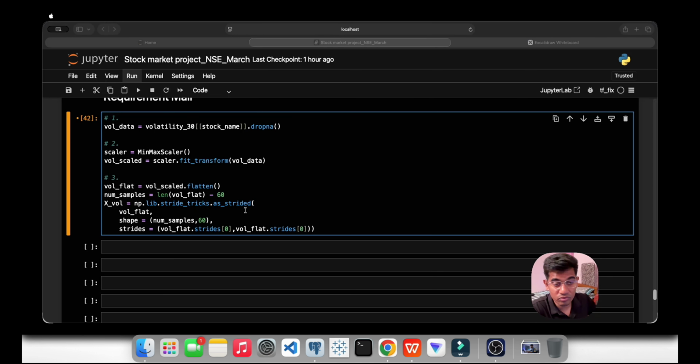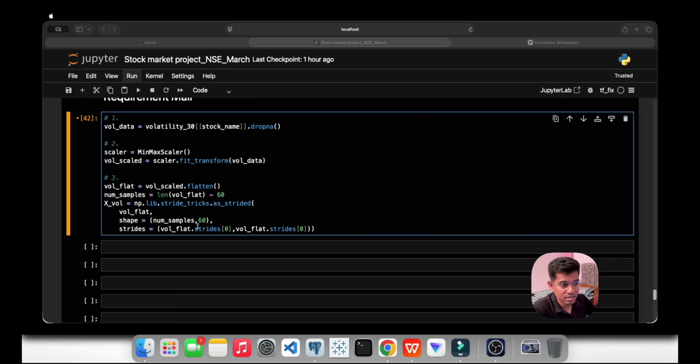Okay, now let's move to the explanation part, like why we did this and why we need to do it. Simple. This is the most important line, take care of it. We are creating sequences for this. It creates a 2D view of a 1D array using memory pointers.